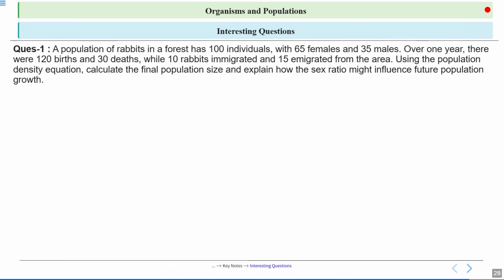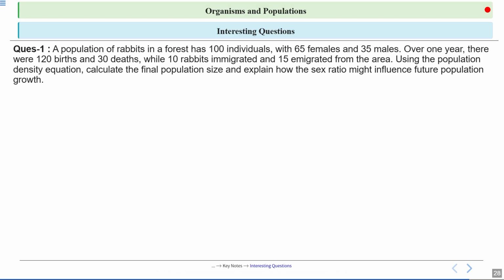Now, there are some interesting questions for you. First question: a population of rabbits in a forest has 100 individuals with 65 females and 35 males. So, they are talking about the sex ratio. Over 1 year, there were 120 births and 30 deaths, while 10 rabbits immigrated and 15 emigrated from the area. Using the population density equation, you have to calculate the final population size and explain how the sex ratio might